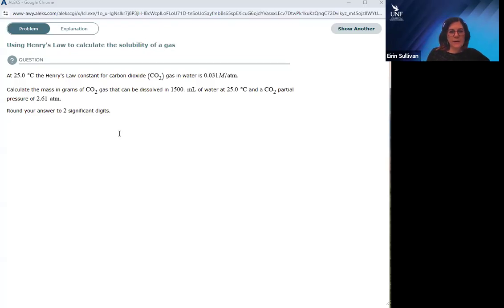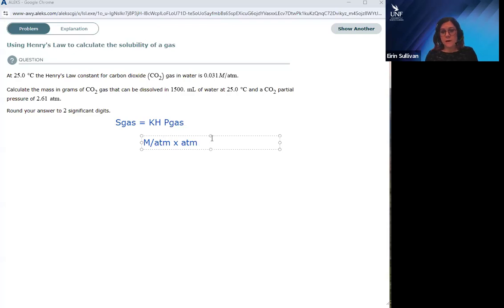Using Henry's law to calculate the solubility of a gas. So Henry's law is that the solubility of a gas is the Henry's law constant Kh times the partial pressure of the gas. So in terms of units, the Henry's law constant is usually in molarity per atmosphere. And if our partial pressure of our gas is in atmospheres as well, the units of our solubility of gas,